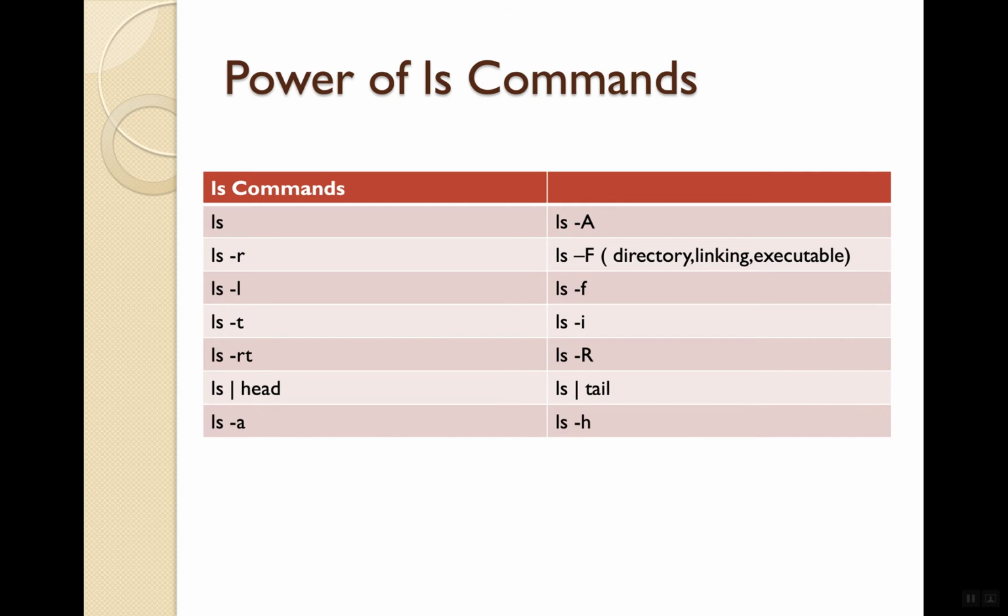Okay, then we can see the head command. Before going through the head command, head and tail I will explain. ls -a. In every directory there are two implicit folders: one is a dot and one more is dot dot, indicating the current directory and the parent directory. If you want to see hidden files, then I can use the -a option.